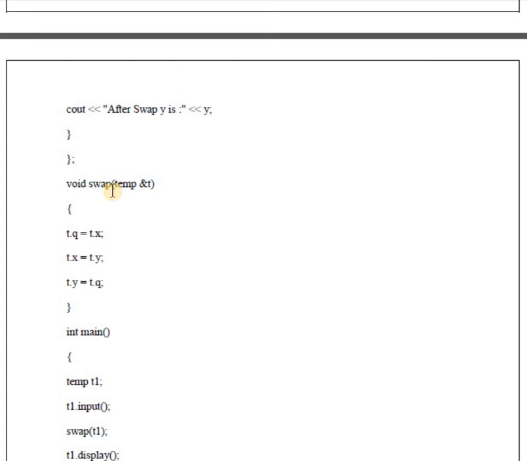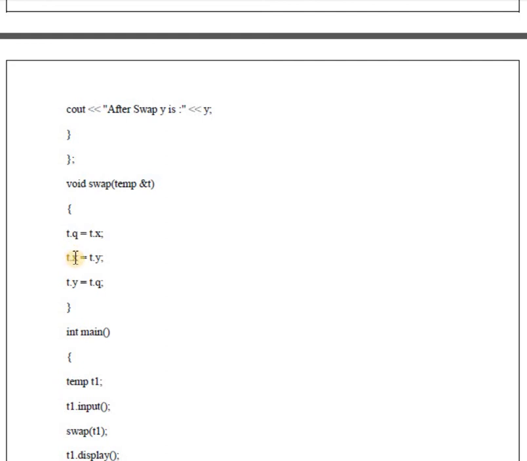For swapping, we are taking one temporary variable, that is q, one extra variable q. Then what is the logic? q is equal to t.x, where t is the class object. Here in a third variable, we are storing the value of the first variable.